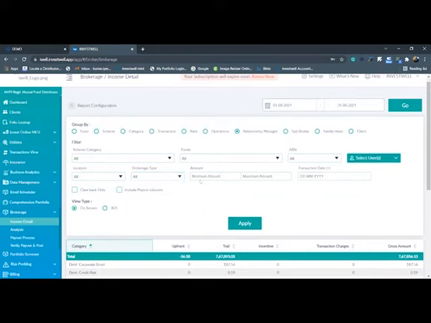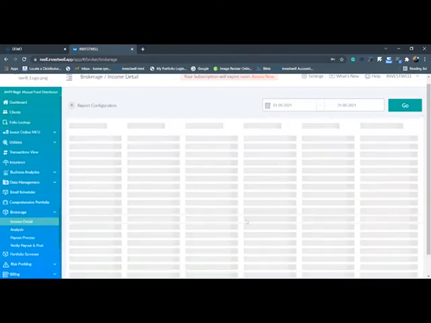And another interesting part which we have given here is amount. So for example, if you want to identify the schemes or specific clients through which you are earning a minimum amount of at least 5,000 rupees or till a maximum amount of 10,000, you can just trigger that amount here. You can input the minimum and maximum amount and you can apply directly. So it will automatically showcase those specific entries or brokerage above 5,000, under 10,000. What are all these schemes and what are all these clients through which you are earning.